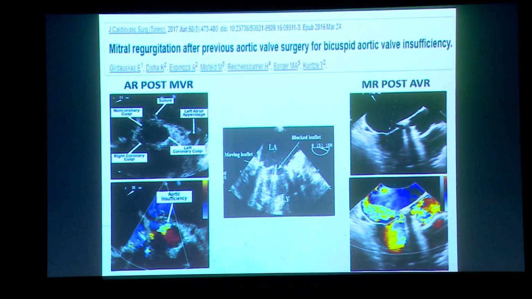One of the slides I did before finishing, I would like to highlight more. You see here there's an aortic valve replacement done, but you have a defect out here. This is not a paravalvular leak; this is severe mitral valve regurgitation after an AVR. On the left-hand side, there is an MVR done, but there is also aortic regurgitation here. So here a suture line has gone into the mitral valve while doing the AVR, and here while doing the MVR, the calcification damaged the anterior leaflet. So you have to take into consideration the other valves also before concluding, and not just focus on the one valve.